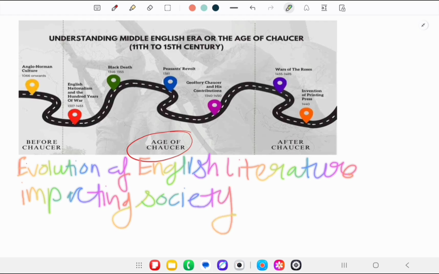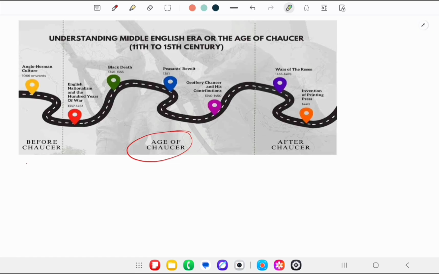And that was the time when the standard literary language derived from the dialect of the London area